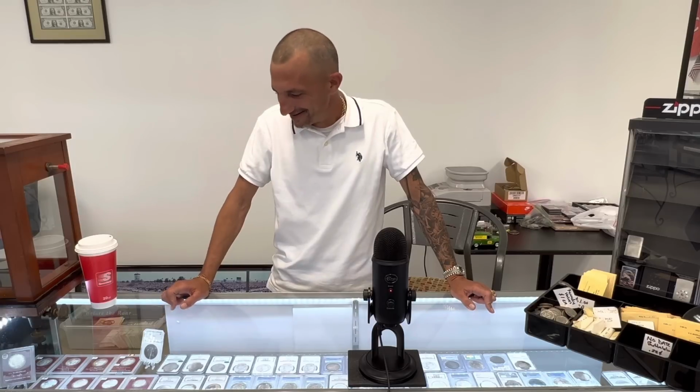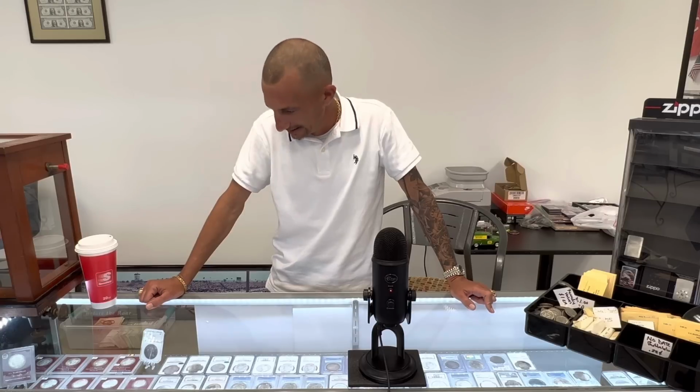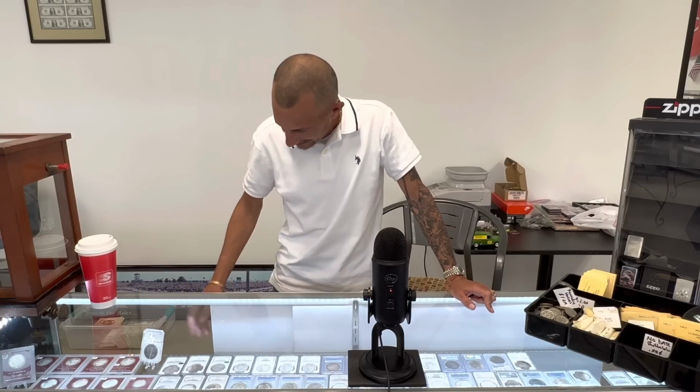Legend has it that he was a very unassuming man and just dressed in normal clothes, looked like a bum, blue jeans, and drove an older model truck, and nobody would have guessed that he was a millionaire. Never ever guessed it. Now, that coin that's next to the Redfield Morgan dollars...